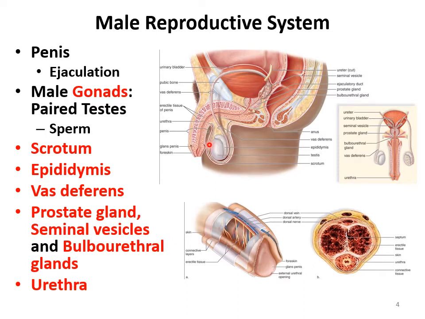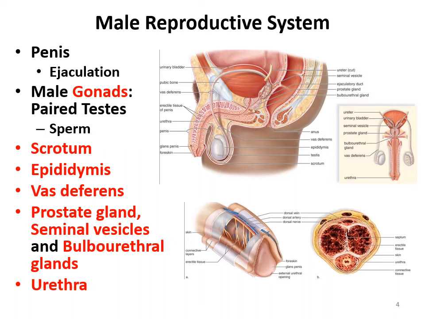Now, there's also the epididymis. So you notice the testes here, the epididymis right here up against the testes. The epididymis is the site of sperm maturation, so where the sperm that has been produced in the testes now matures. And then you have the vas deferens, right, extending away from the epididymis, because the vas deferens now conduct the sperm. They allow for the flow of the sperm, and they do that via contractions.